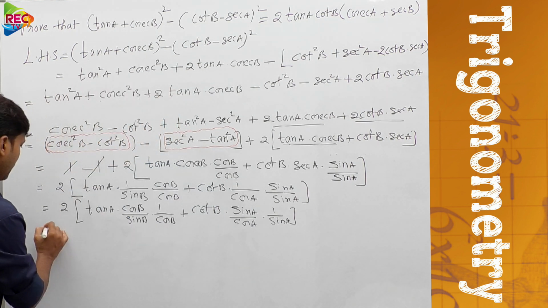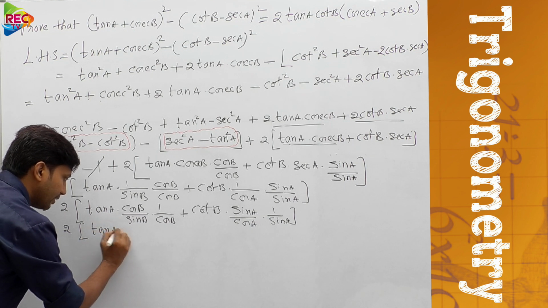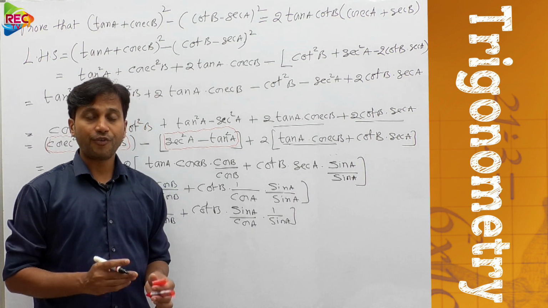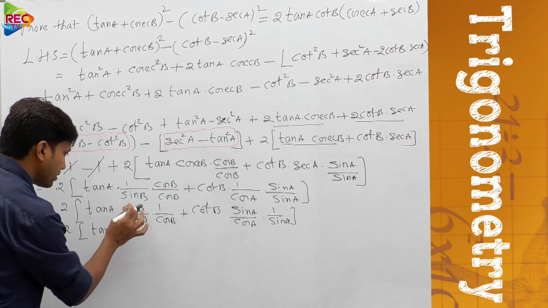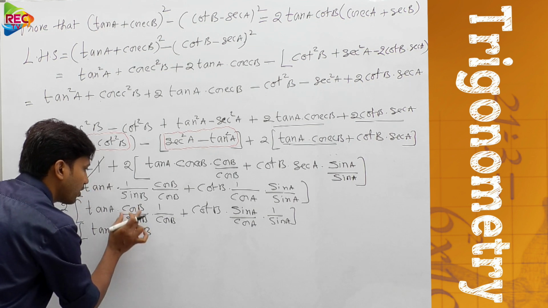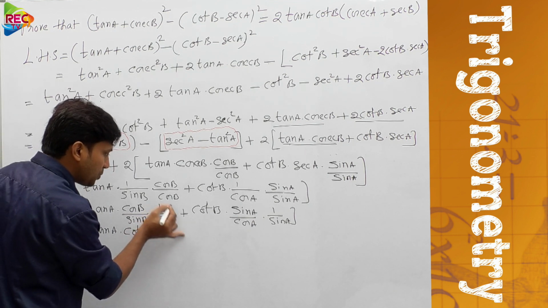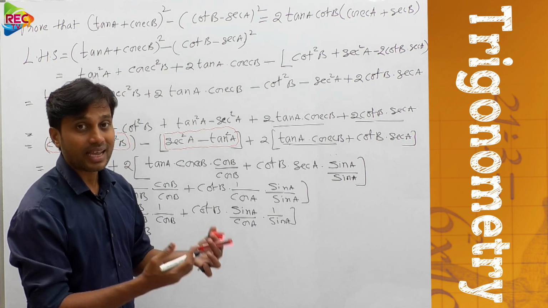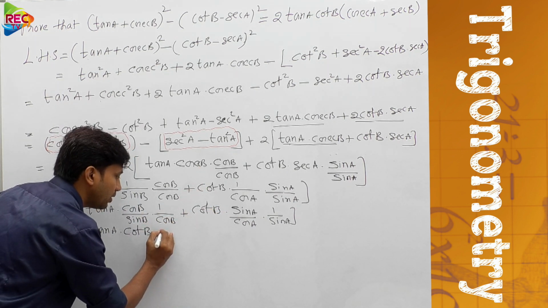Now observe, again write tan A into cos B by sin B. What does it represent? The ratio of cos angle to sin angle is cot angle, or not. So therefore this is cot B, because it is cos B by sin B. Now this 1 by cos B can be written as what? Secant B, or not? Because cos theta and secant theta are reciprocals of each other. So write it down. This 1 by cos B can be written as what?